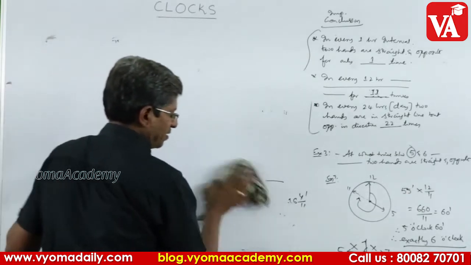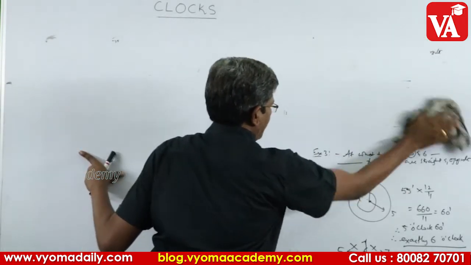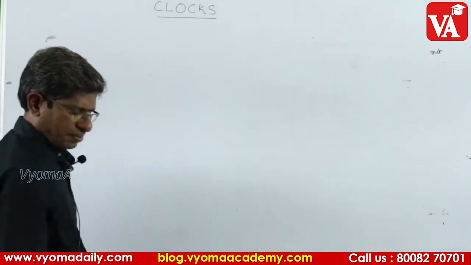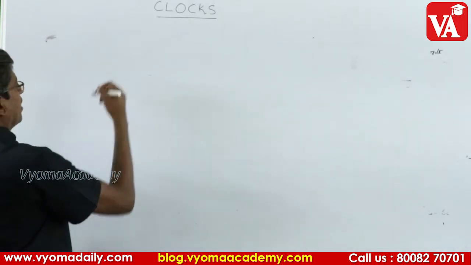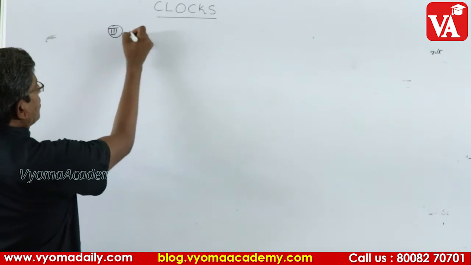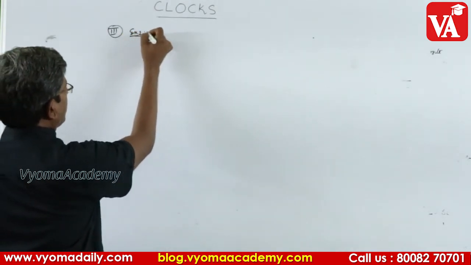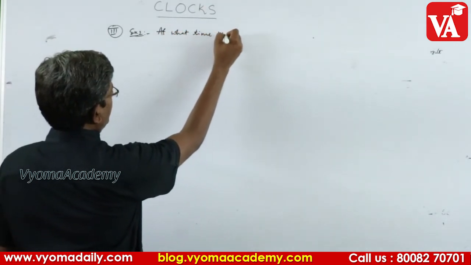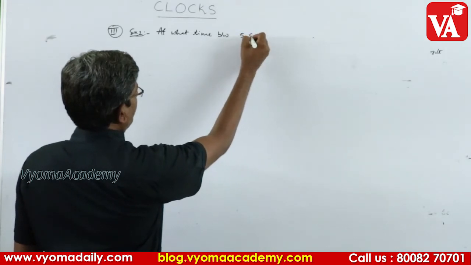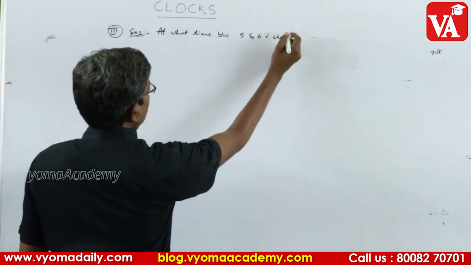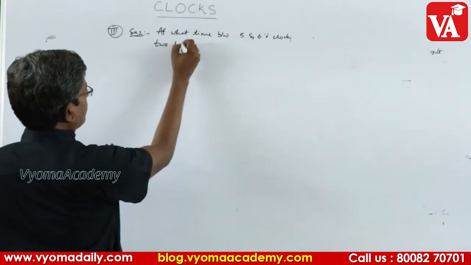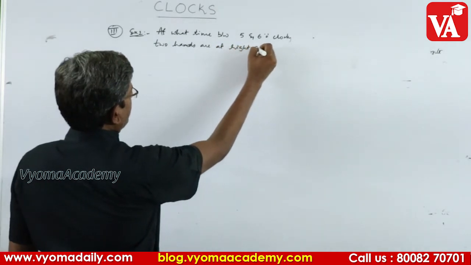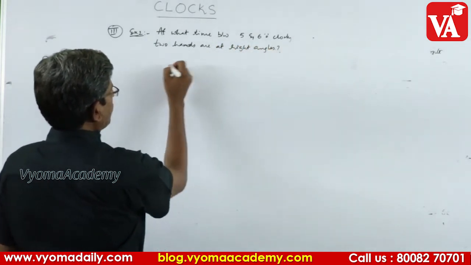Okay. So this is the second model, and let me tell you the third model, almost similar to this, almost, right? The technique is same, the shortcut technique is same. So let me tell you the third model now. The third model is like this. So let me go with an example. The question is like this, at what time between so and so given time, for example, find 6 o'clock, 2 hands are at right angles.